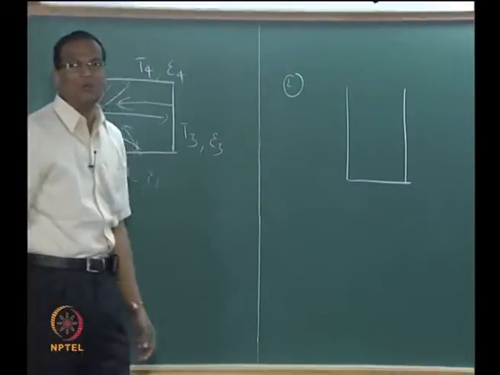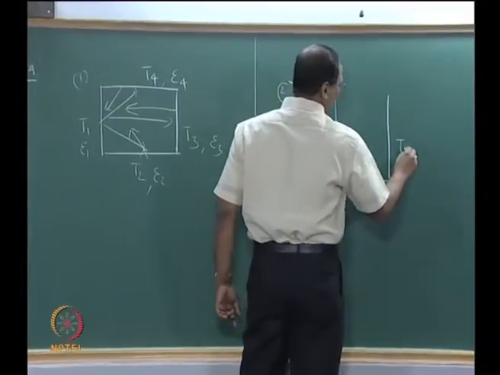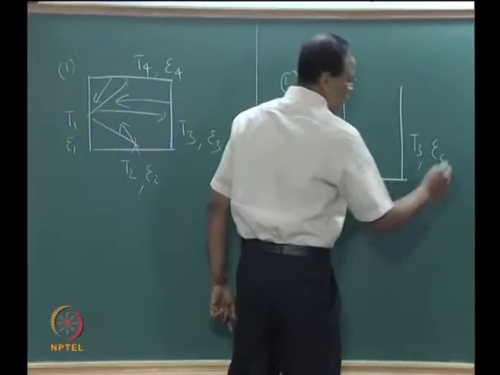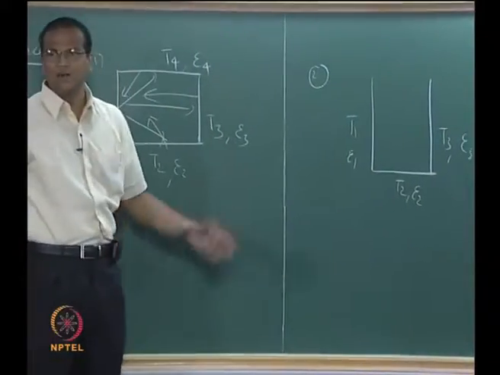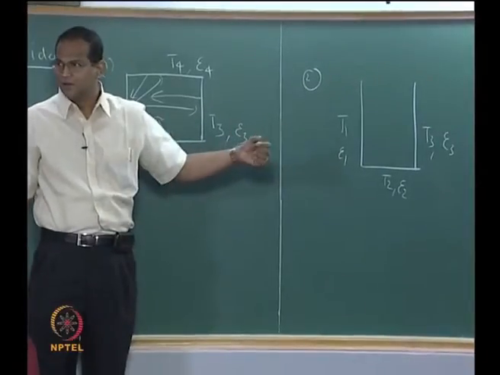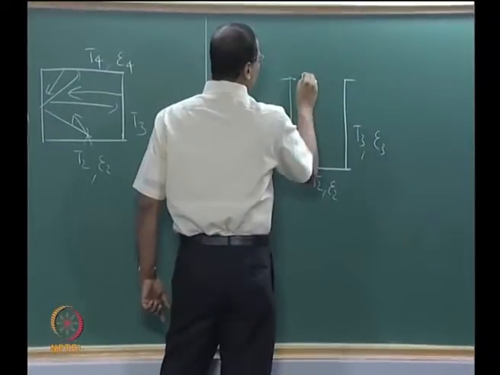Suppose you have what is called an open cavity like this. There are 3 surfaces, T1, T2, T3. The beauty of the enclosure theory is, now it is not an enclosure, right? It is like an open cup, whatever. The beauty of the enclosure theory is, you close the top